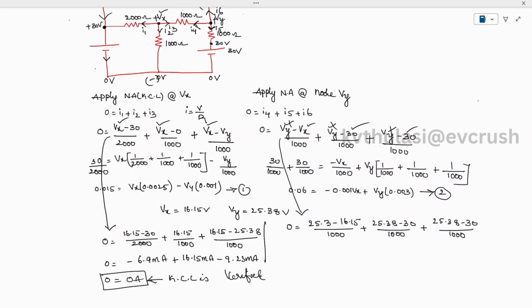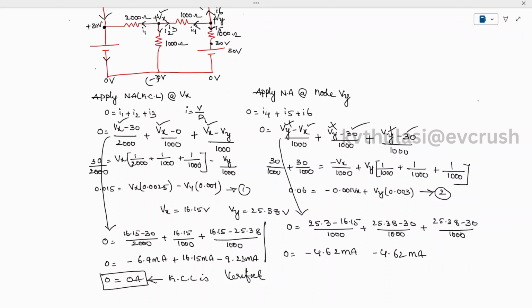Okay, so when you do it, you are going to get the values as 0 is equal to minus 4.62 milliampere, and here minus 4.62 milliamperes,